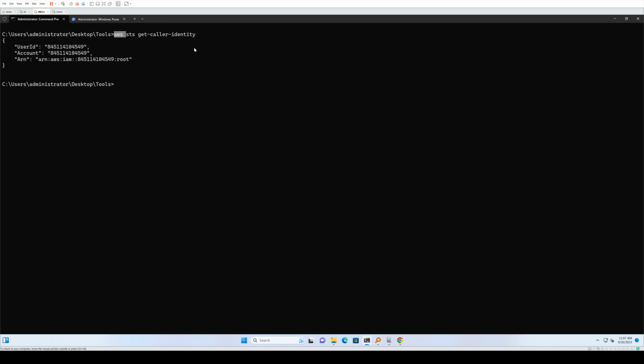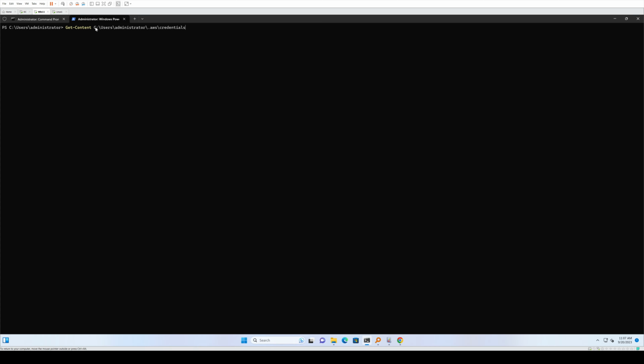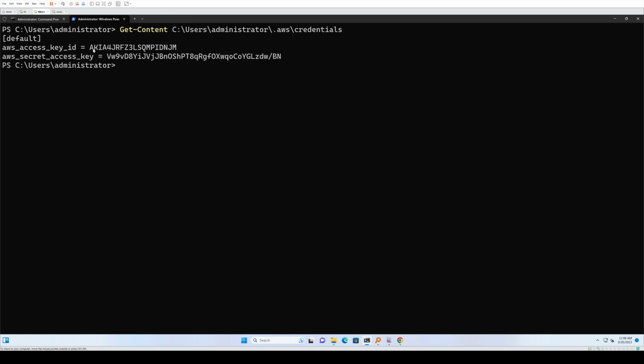When the AWS CLI does its thing, it uses a file called credentials, and the file path is here. See Users, whatever username you installed your AWS CLI under, .aws, and the file is credentials. If we get the content for this file, using the Get-Content cmdlet from PowerShell, the contents are returned to us. And I know the key is displayed here, but it'll be invalidated by the time you're watching this video. But this demonstrates nicely how the credentials for your cloud resources can potentially be stored in plain